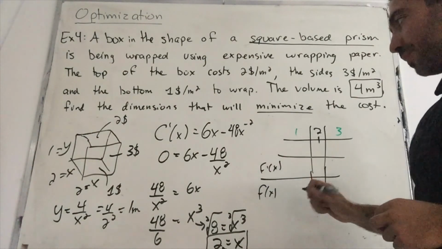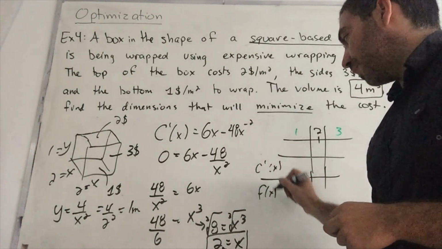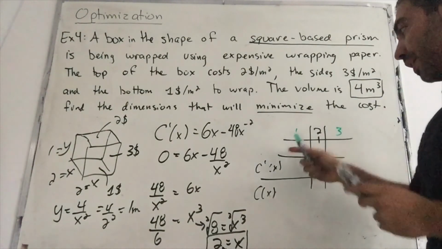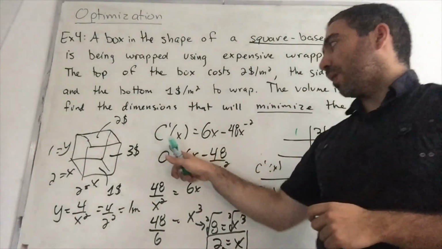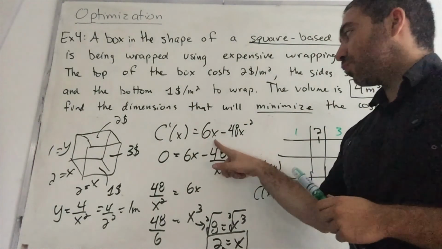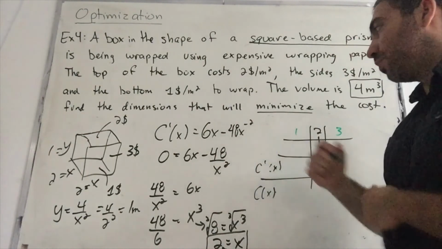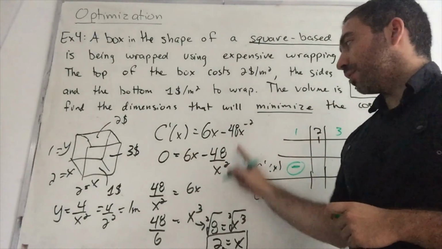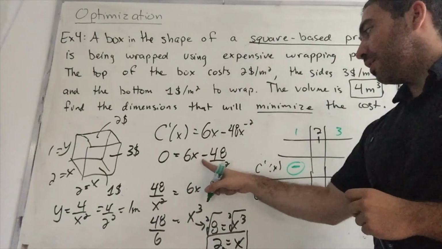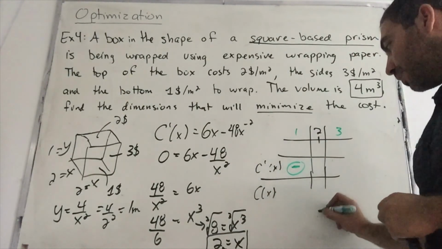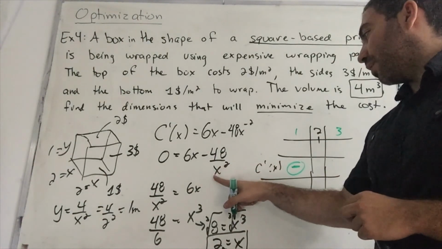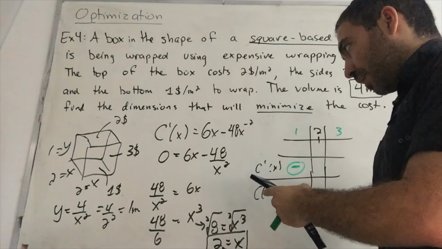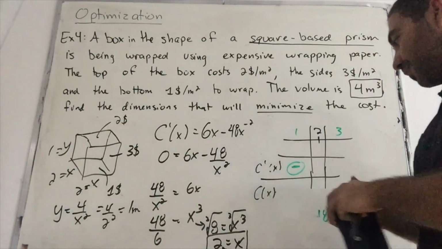So the first derivative, which I'll call c prime of x, and this would be c. Plugging in 1 into c prime of x, we get 6 times 1 minus 48 times 1 to the negative 2, which is just 6 minus 48. This gives us a negative value. And then if we plug in 3 into this equation here, we get 6 times 3, which is 18, minus 48 divided by 3 squared, which is 48 divided by 9. So 18 minus 48 divided by 9, and that gives us a positive value,